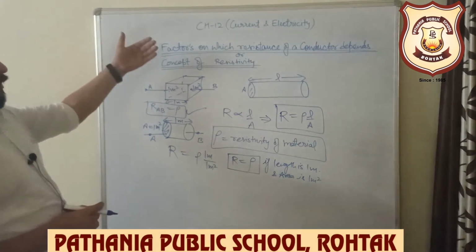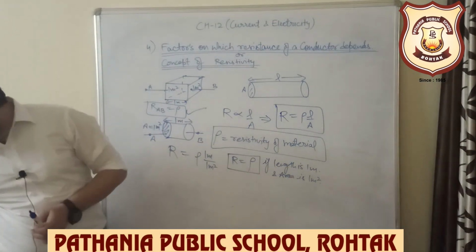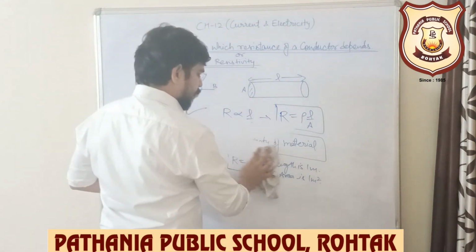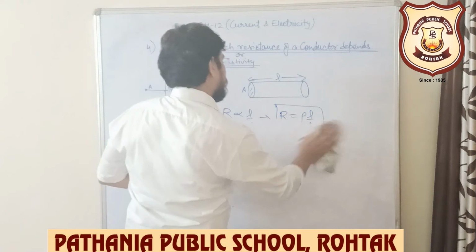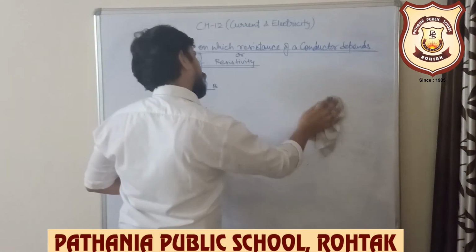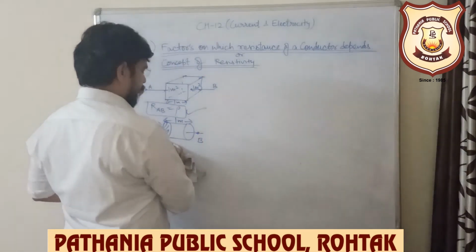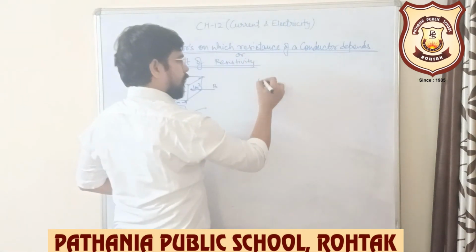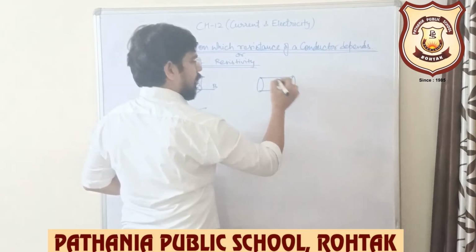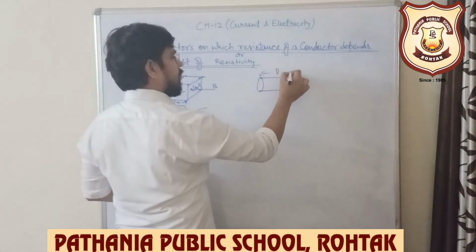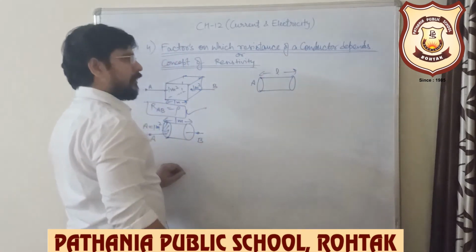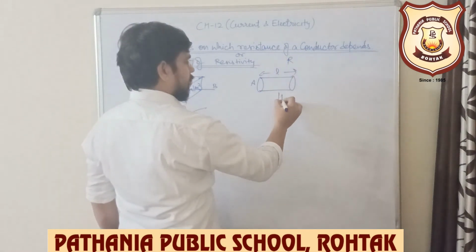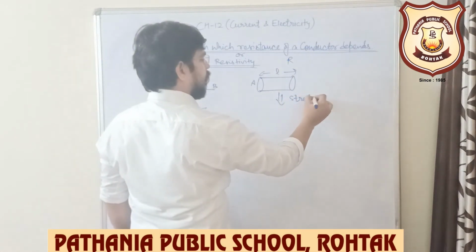So this is a very important topic, and many numericals come from this topic. Let me give you an idea of the most common numerical which you will see in your exams on the basis of this resistivity. Most students get confused while doing such numericals. Like we are given a conductor whose length is L and area is A. Even if length and area are not given, then also it's okay. Whose resistance is R. This conductor is stretched to double of its length.